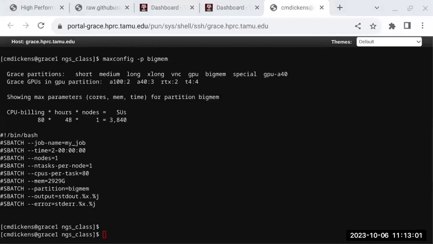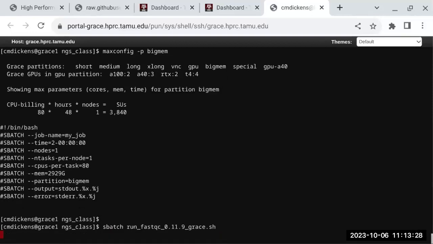So to submit your job script, you just type in sbatch. You can hit tab. I've only got one file there, so I can hit RU and then hit tab, and it will complete it. You don't want to type all those dashes and dots. But make your file names useful, so I can look at that and I know it's a job script that runs FastQC version 0.11.9 and it's made for Grace. All right, so now